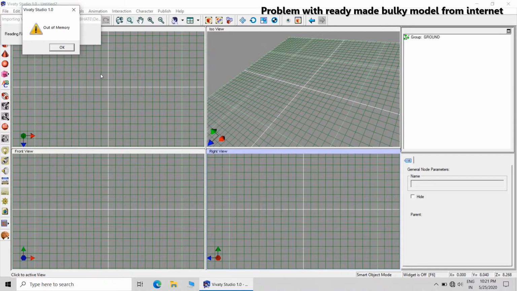That's why I avoided this ready-made model and followed the conventional method of creating the solar system. It explains why the solar system was created with the conventional method. The ready-made model will not work in this particular case, so the conventional method is more preferable.